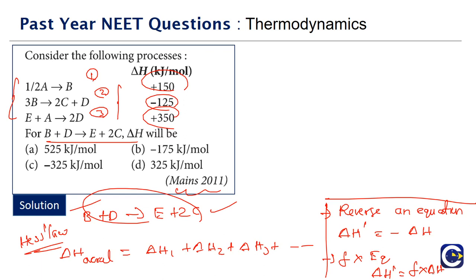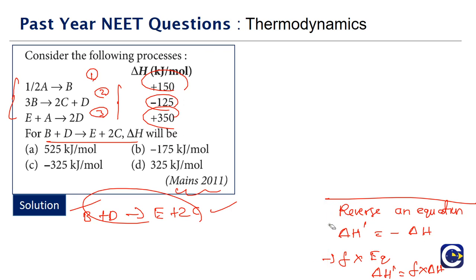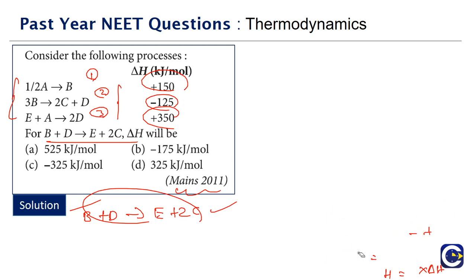We will see how we can solve this particular question. So let us just take a look at the approach. Whenever we have the Hess law questions being given, first thing we need to do is take a closer look at the unknown equation or the final equation for which we have to find the enthalpy change. I am just rubbing it off so that we can have some space to work out. Okay, so we look at the given 3 equations. By making a combination of the given 3, we have to get the final.